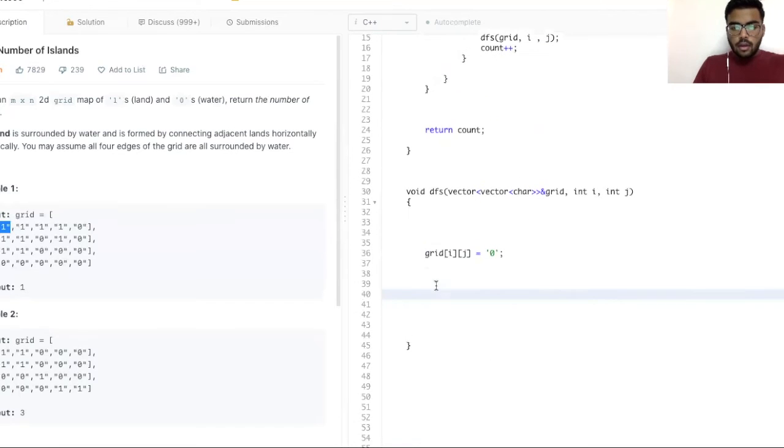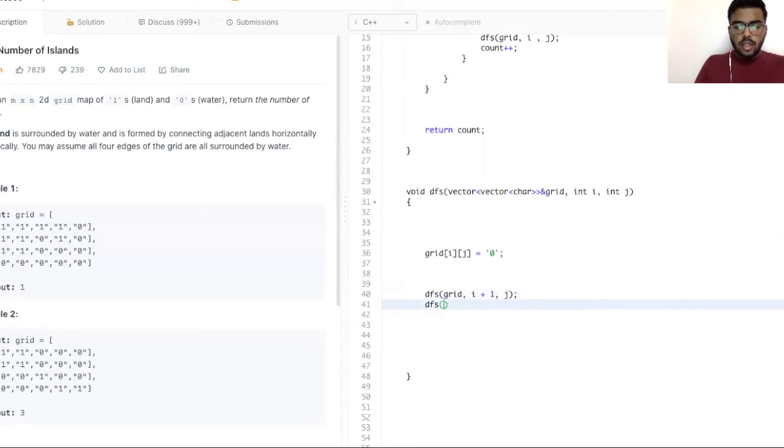And then we'll run the DFS recursion, which will check if the cell below it, i plus 1 comma j, has a 1 or not.